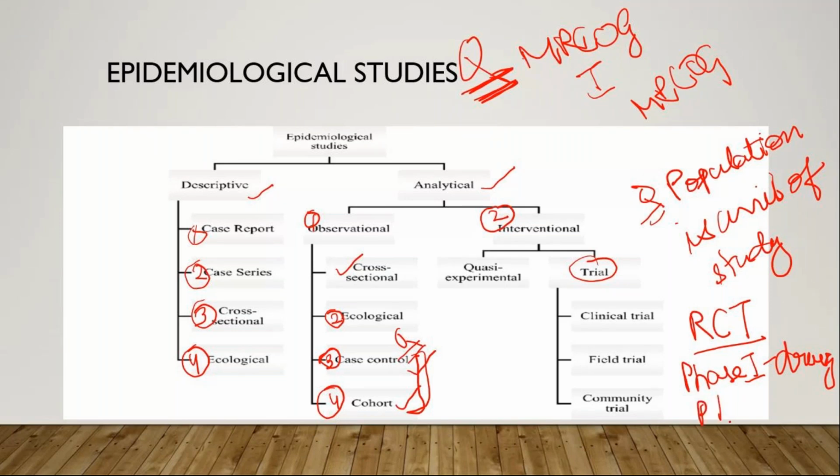Phase 1 is when the drug has come to the market and what its advantage is. Phase 2 is the side effects, that is, the adverse effects. Phase 3 is the marketing, how the drug is acting in the market, that it is a very good drug, many people are purchasing it, and doctors are prescribing it to patients. Phase 4 is post-marketing surveillance. Remember that clinical trial questions also come, so learn all the phases, and RCT is the randomized control trial.